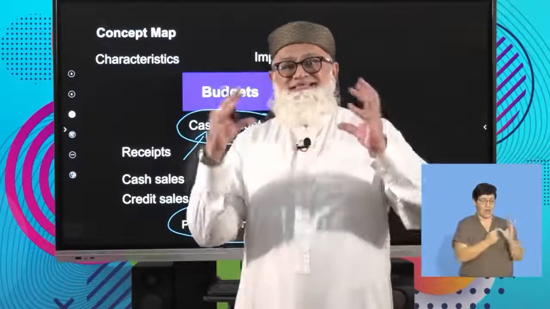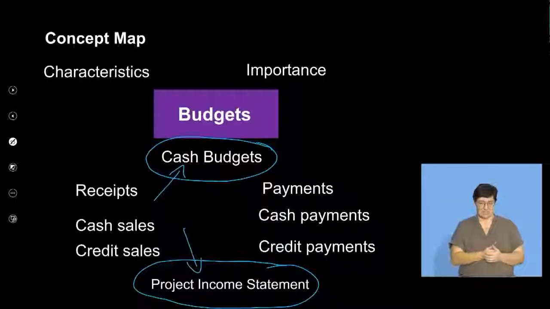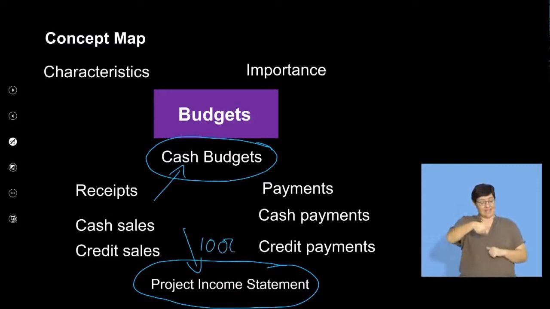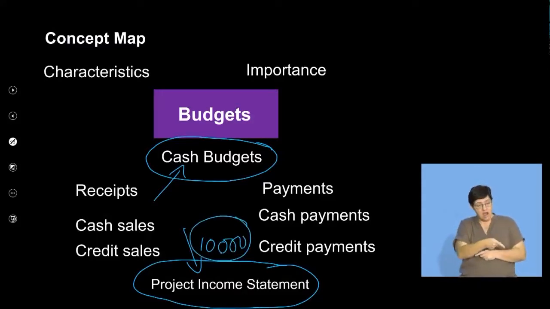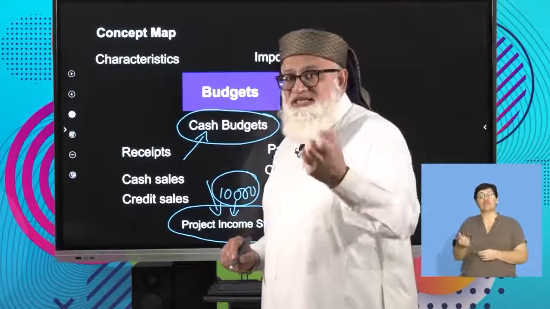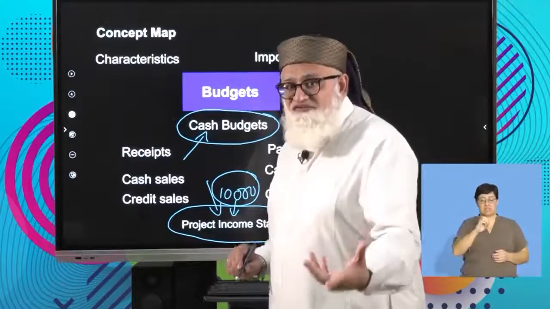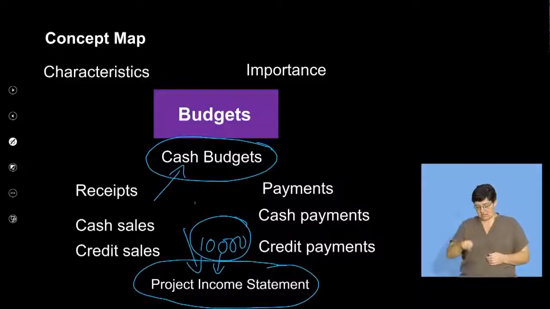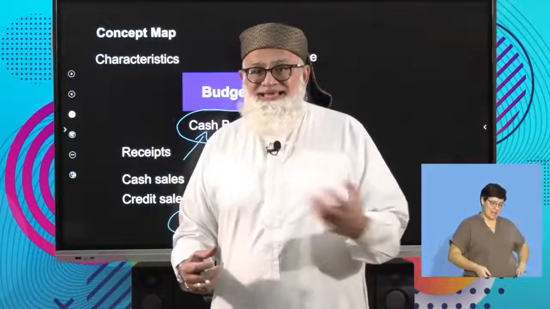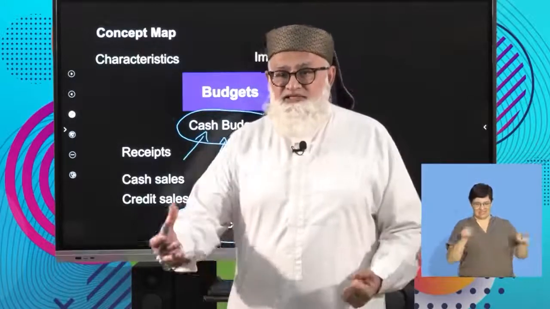That means the entire amount. So if we illustrate and we say there was interest that was earned to the value of 10,000 Rand, the 10,000 Rand will go into my projected income statement. And if we're looking at the interest that we have received, if we've received 5,000 of that amount, 5,000 Rand will go into my cash budget as a receipt. So clearly you can see the difference between receipts and payments, incomes that we have earned, and expenses that we have incurred.